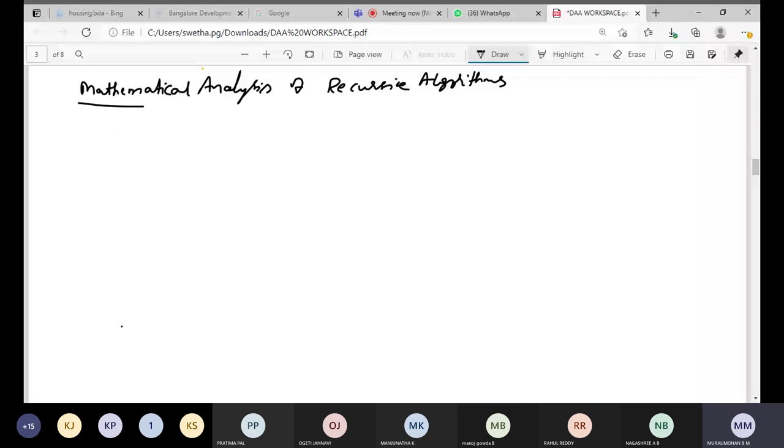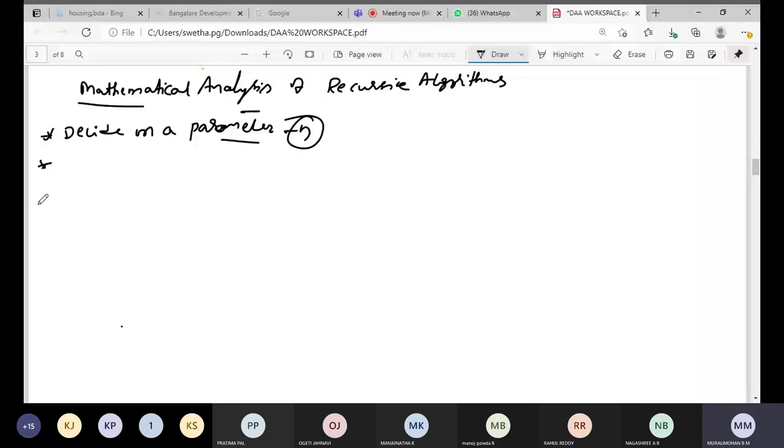What is the first step we have in non-recursive algorithms? It is the same here also. That is, decide on a parameter. So what is this parameter? Usually n, that is the input size. So once we decide on an input size,